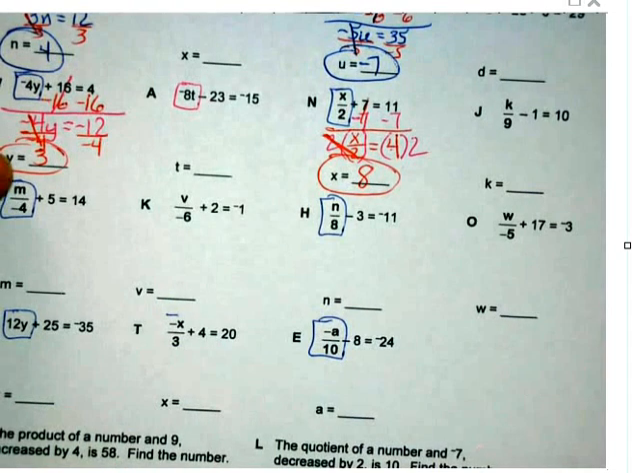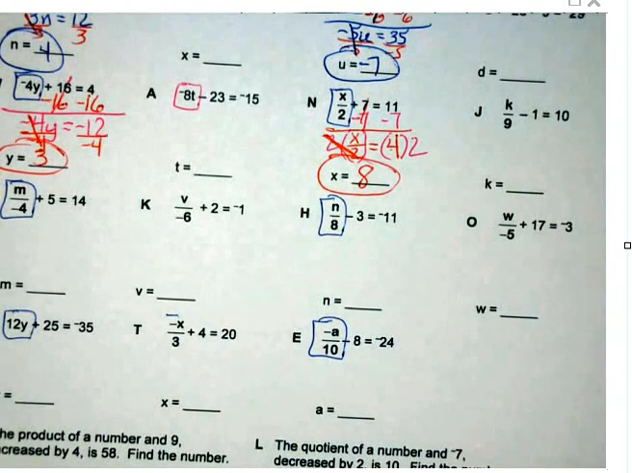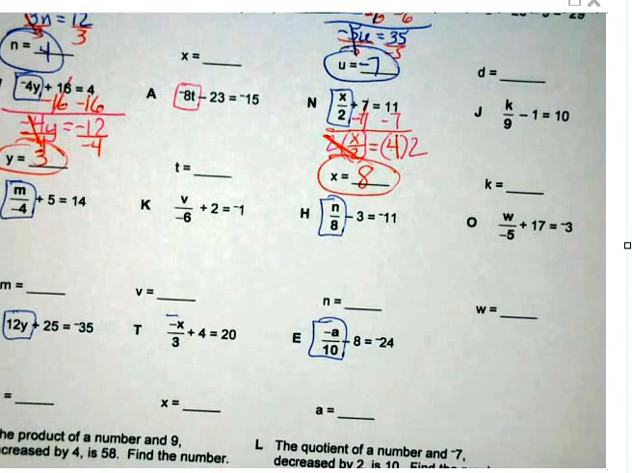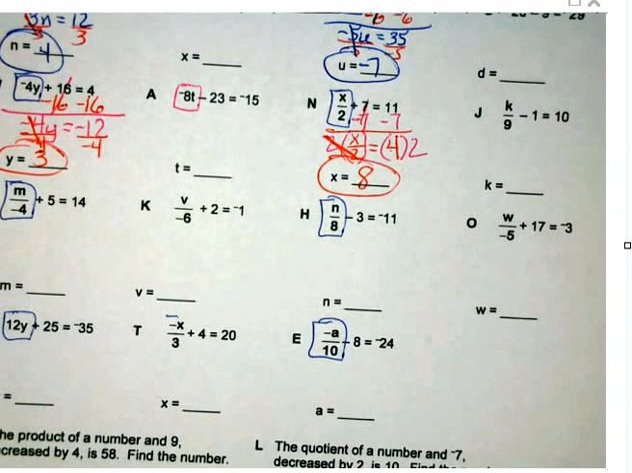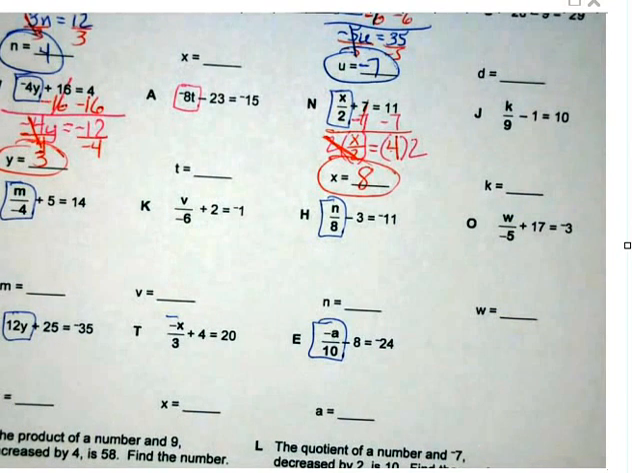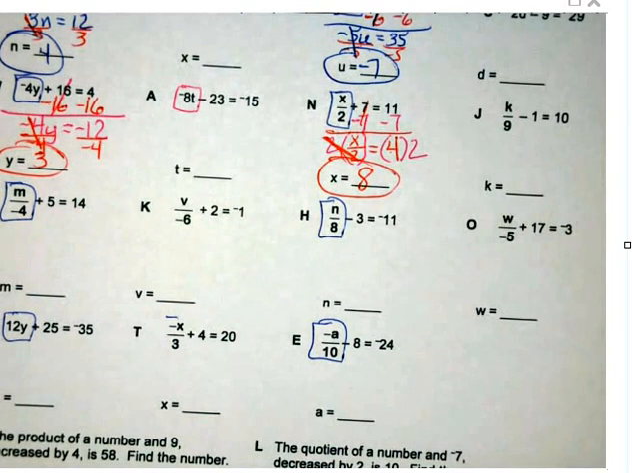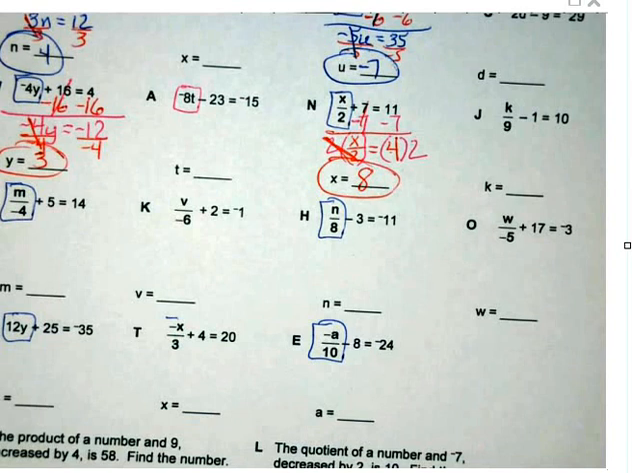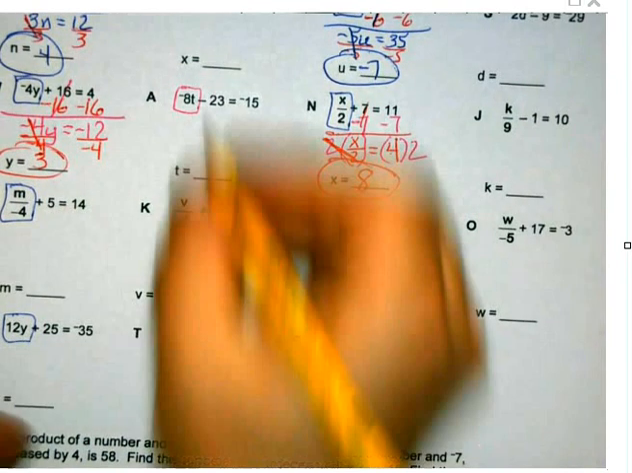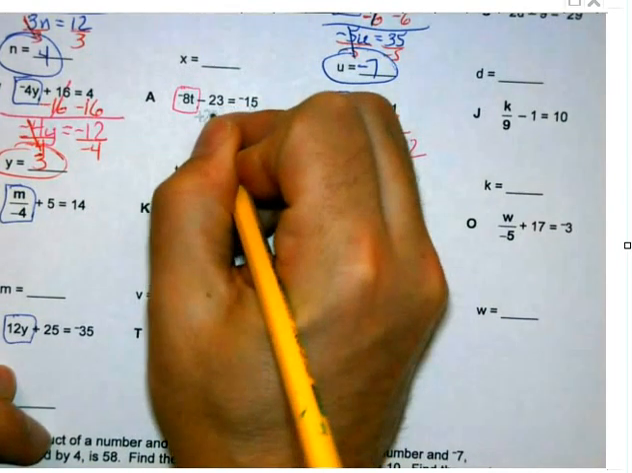Let's chat on A. I want to get what's in the box by itself. So right now, what am I doing? I'm minusing 23 from it. Since right now I'm trying to get this minus 23 out of here, I'm going to add 23, because by doing the opposite,